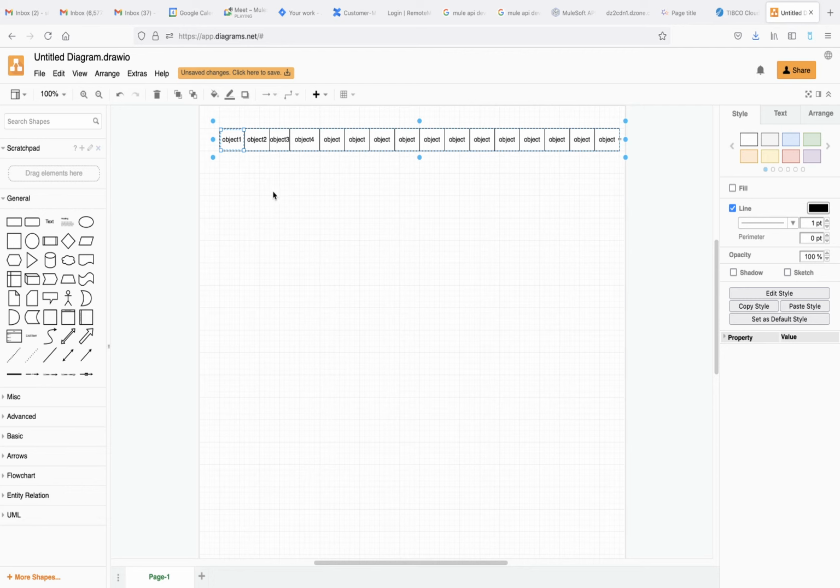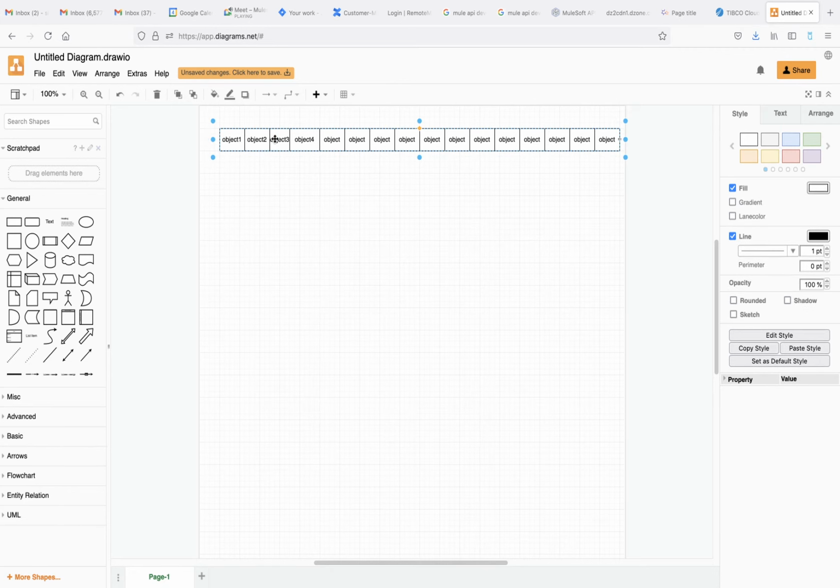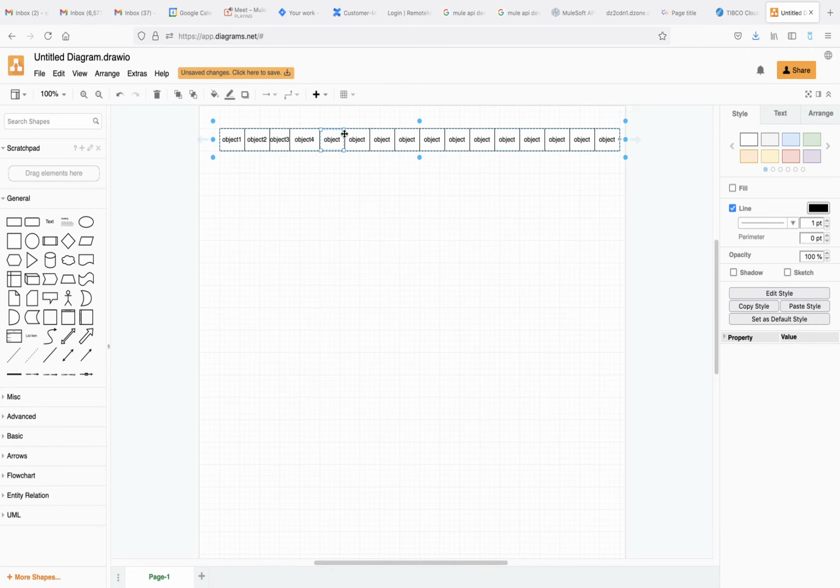Yeah, so for our scenario, sequence doesn't matter. I don't want this particular sequence. Any object can go first. So for me any sequence is fine. So you are saying if we use for each, then it will go sequence by sequence. First this will go, then this, then this, then this. But as per this scenario, for the client, wherever we are inserting data, it can be database or Salesforce, for them sequence doesn't matter. So why would we go for each?